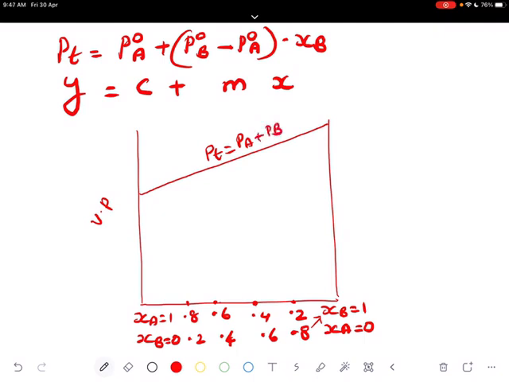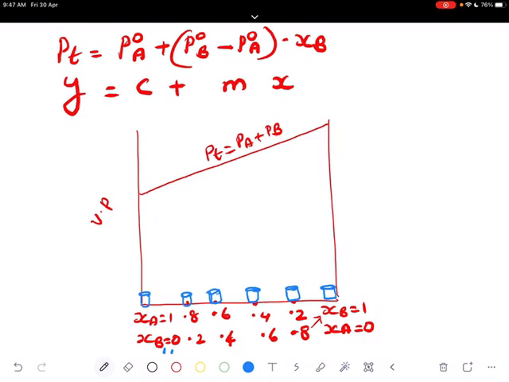You are taking different mixtures. Here is one mixture, and here one mixture, here one mixture, here another mixture. That means we are changing the mole fractions. So different solutions are there. So you see,